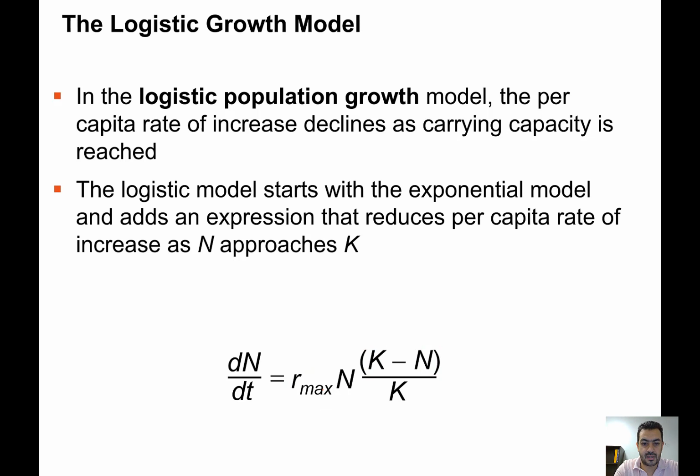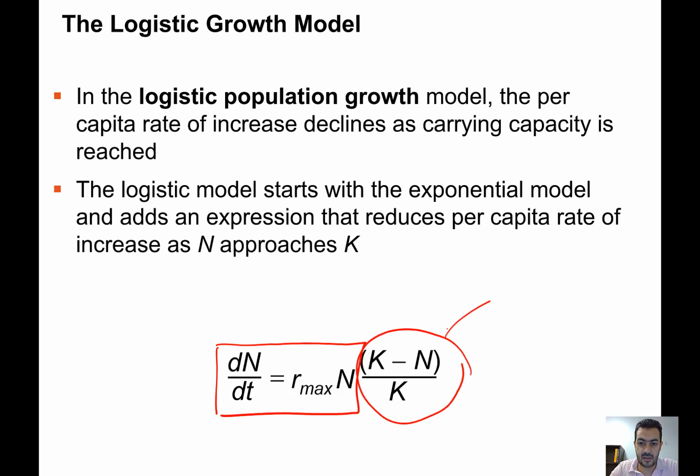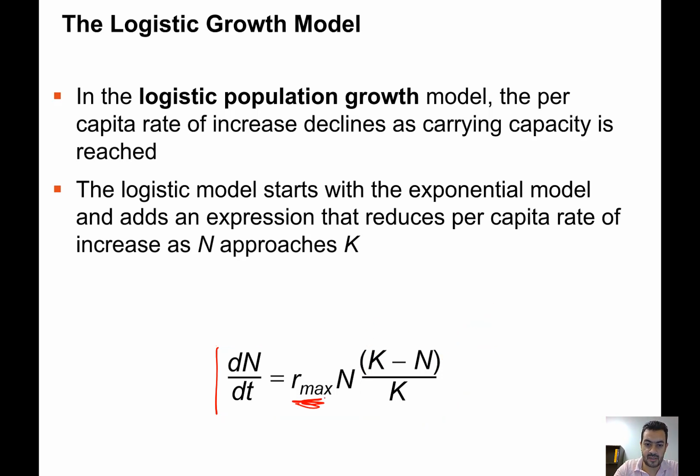So as you can see, this is more or less the equation that we have shown before. It was actually this equation, but with the introduction of this factor. And this is what summarizes that the R max will decrease once the population size, which is N, reaches the carrying capacity, which is this capital K. So let's say it in a mathematical way. Let's imagine that in our previous example, the carrying capacity of the population is 100 elephants,